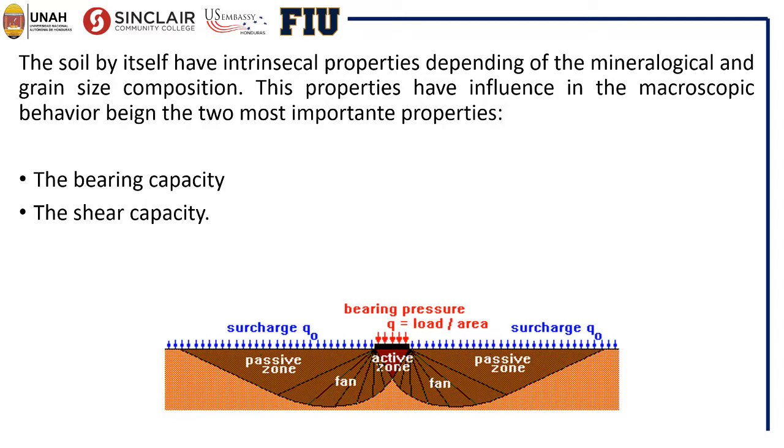Remember that these two main characteristics of the soil are given by the mineralogic composition, which refers to the kind of minerals that make up the grains that compose the soil, because the soil is composed of many particles